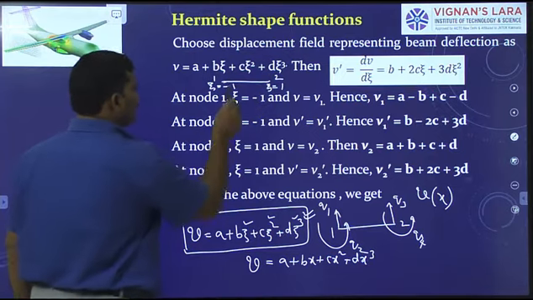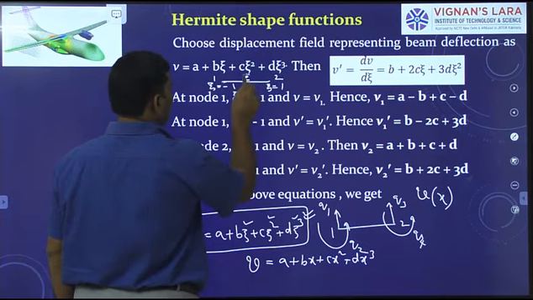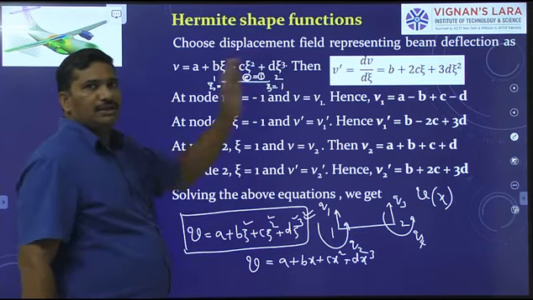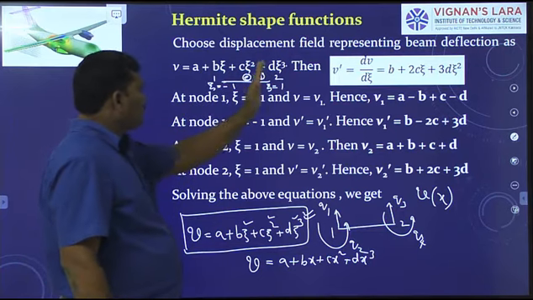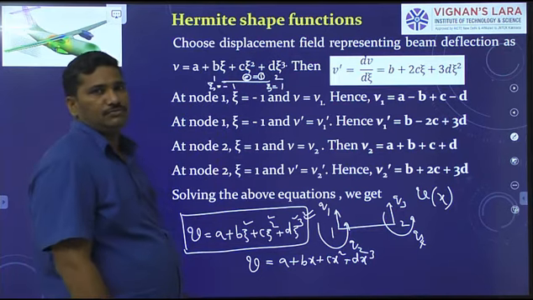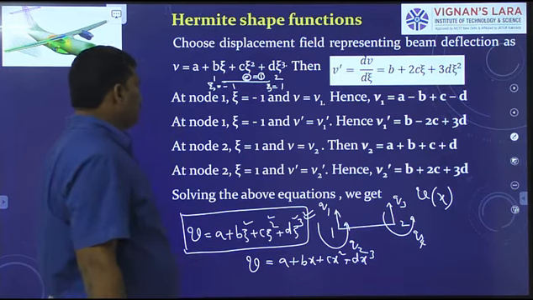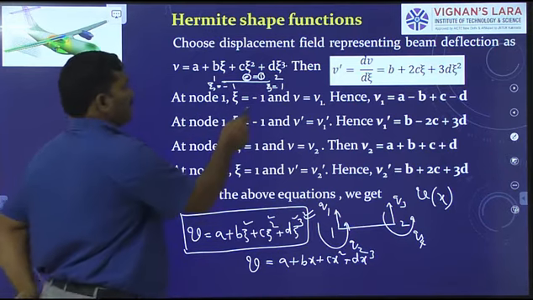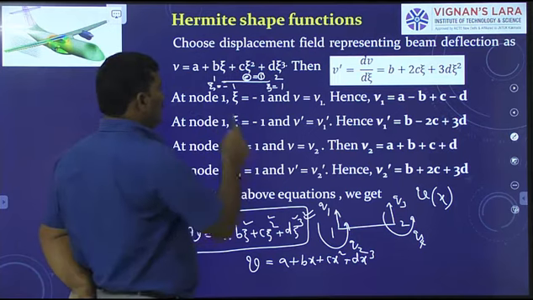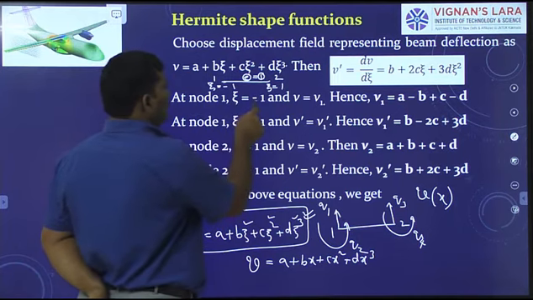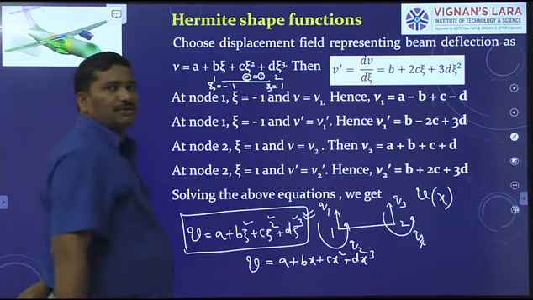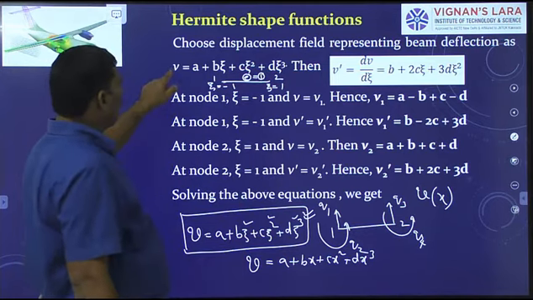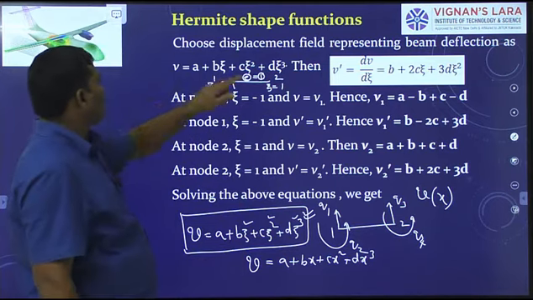The length of this beam element is varying as J is varying from minus 1 to plus 1. Right? Now, that is the reason why I take node 1. At node 1, J equals minus 1 and V equals V1. Therefore, we get V1 equals, put J equal to minus 1,